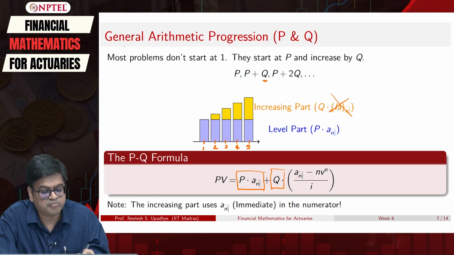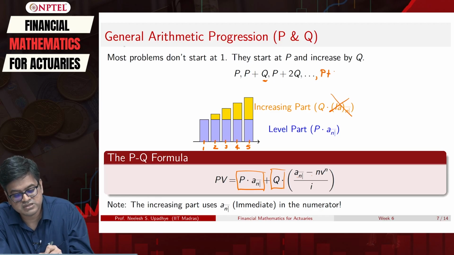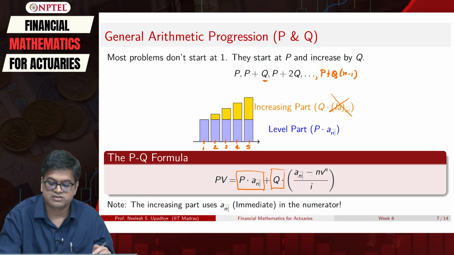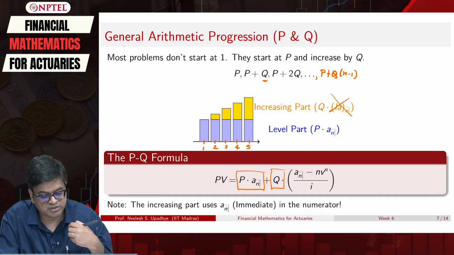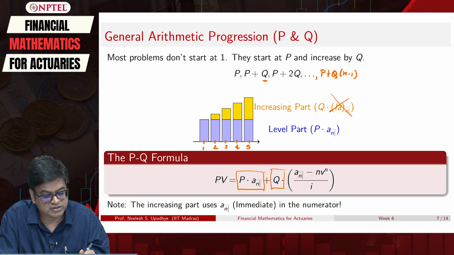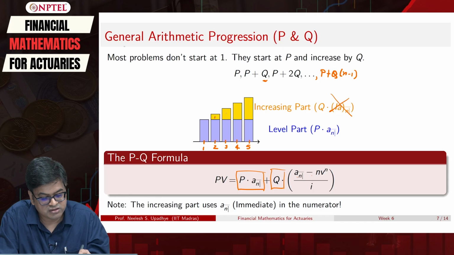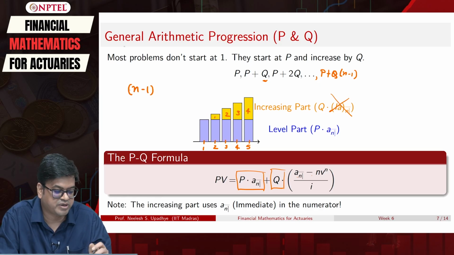It was released at time period 2. And how long did it last? If you remember, I have written that as P plus Q times (n minus 1), right. So, it was n minus 1 times. So, it started at 2 and it ended at n. So, how many payments am I making with respect to this Q, that increasing annuity? I am making 1, 2, 3, 4 payments, right. If my n is 5, I am making 4 payments. So, what is the crux? I am having n minus 1 payments with these increasing annuities, correct.